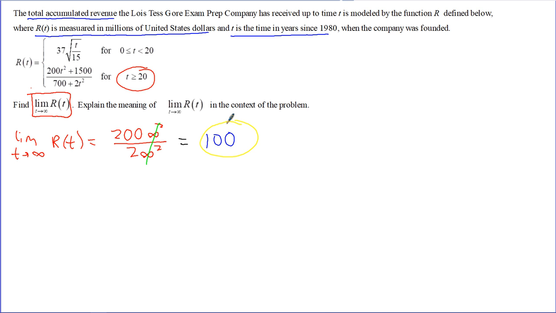That's part of the question. But then it wants us to put this in the context of the problem and explain the meaning of this limit in the context of the problem. And say, this means as time progresses, obviously we're not going to an infinite time, this company does not exist infinitely, but as it gets closer to infinity, so you can just say as time progresses, something like that,